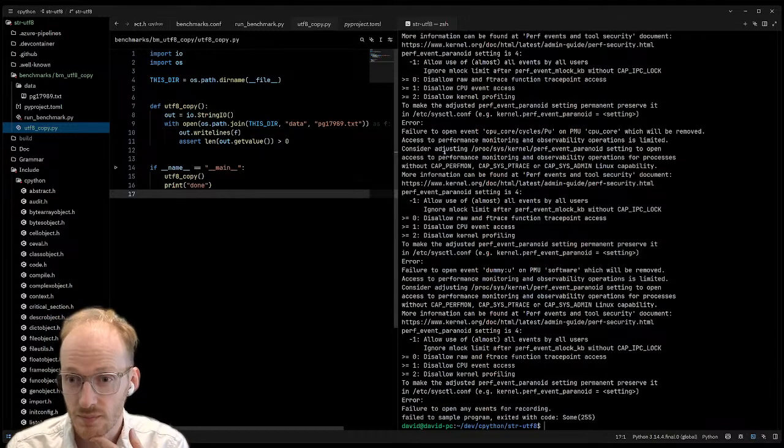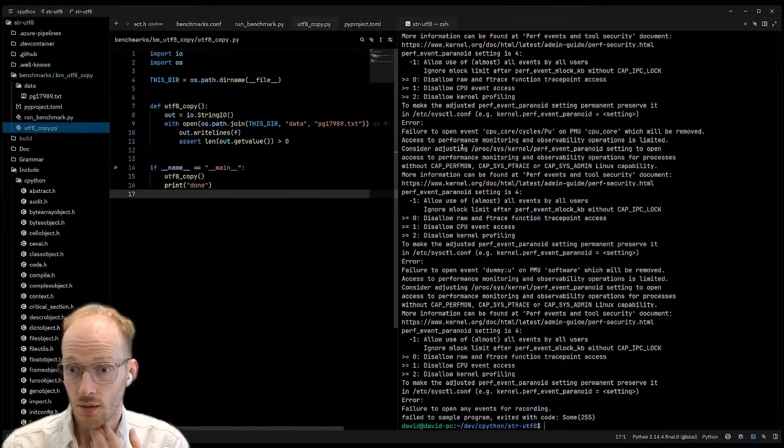Okay, what is this telling us? Consider adjusting the kernel perf_event_paranoid. I think it just needs to be set. Put it to -1. Could do. Yeah, it's currently set to 4.